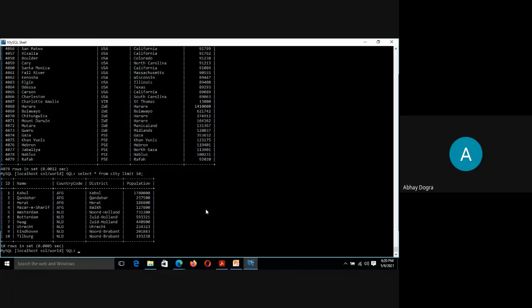We'll be using the where like clause. Now like is basically used for wildcards. I hope you all understand what a wildcard is, right? Now, just imagine that you want to find out the population of a city, but you are not sure about the name.